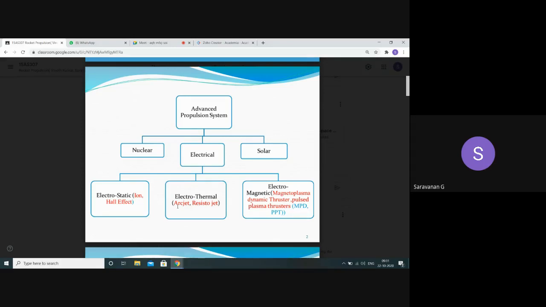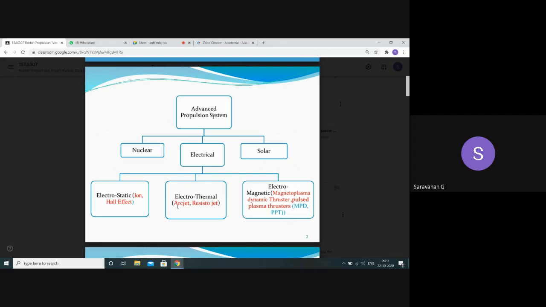Again, from the name, pulsed generation gives plasma with high energy and high temperature, generating thrust. Hence it is called pulsed plasma thrusters. Similarly, the magnetic field gives high energy, high temperature plasma in the form of a dynamic effect, called the magnetoplasma dynamic process. There is one force known as the Lorentz force. That principle is employed in this system. We will discuss these elaborately in the forthcoming topics.